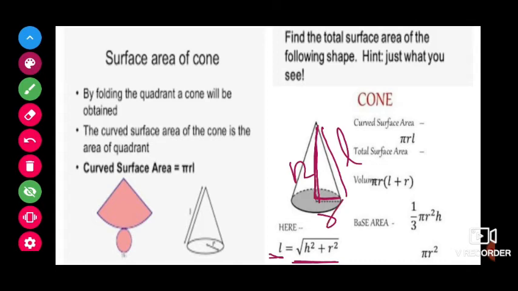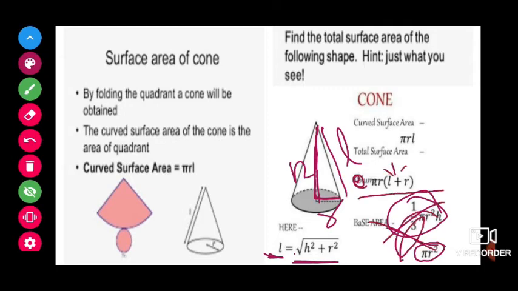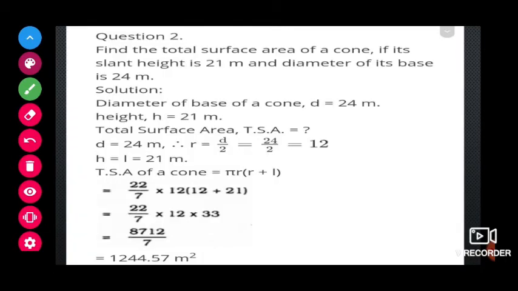For the bottom, a circle will be there, and for that we take the radius, that is r. We find the slant height L as L is equal to root of h square plus r square. The volume formula is also there, but it need not be considered, children. You only want total surface area and curved surface area. Curved surface area is pi r L, where L is root of h square plus r square. Total surface area will be pi r into L plus r. That's it. Now we will see exercise 13.3.